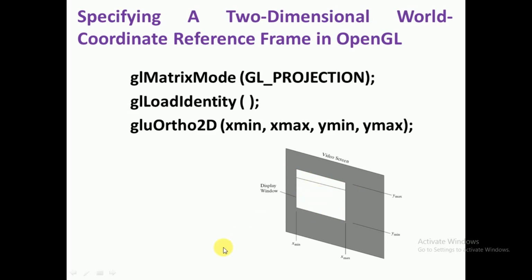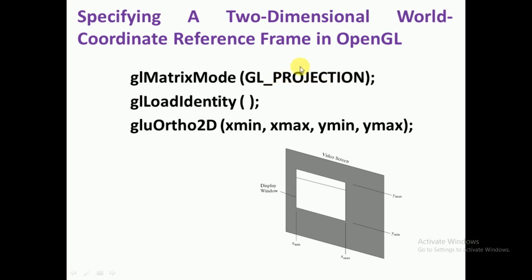Then which type, parallelly? You would like to see parallel, meaning you are standing exactly parallel to that object and you would like to see it exactly parallel. That is what projection is. Then there is load identity. If somebody has already used this projection matrix, they might have left some result in it, meaning the previous program execution result may be there. If you start using the previous program result along with this, you may get a different answer. To clear the previously calculated values left in this projection matrix, just load it with the identity matrix. Means clear the content of the projection matrix before usage.